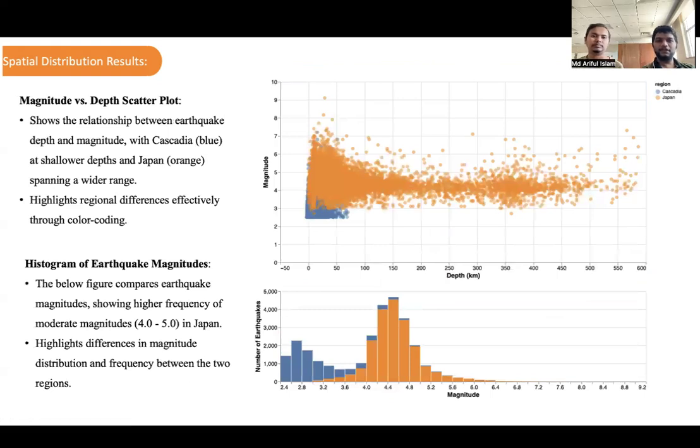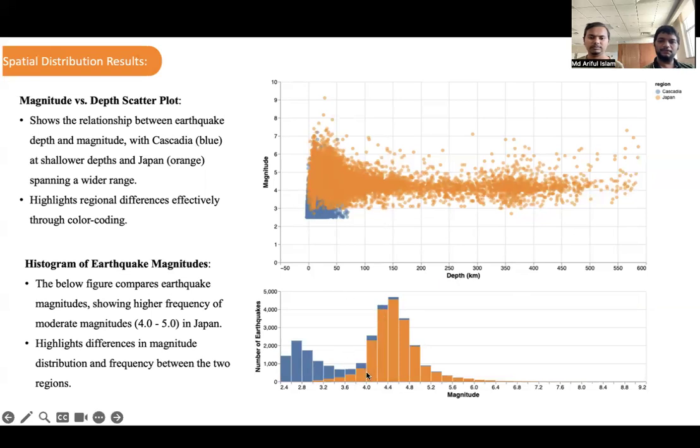So in the spatial distribution result, we also analyze the magnitude versus depth scatter plot. We can see that the Cascadia subduction zone earthquakes are happening between 0 to 100 kilometer depth, and in Japan there are shallow to deep earthquakes, like 500 to 600 kilometers. So it is the area with more strong earthquakes and deep earthquakes, and we can see that here the magnitude